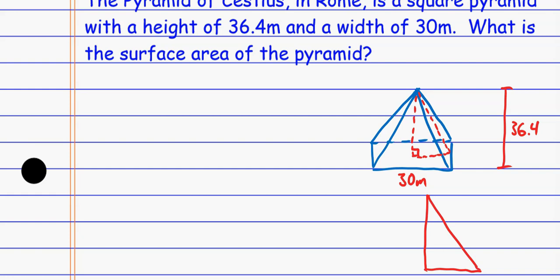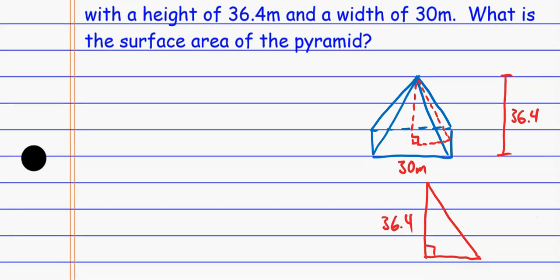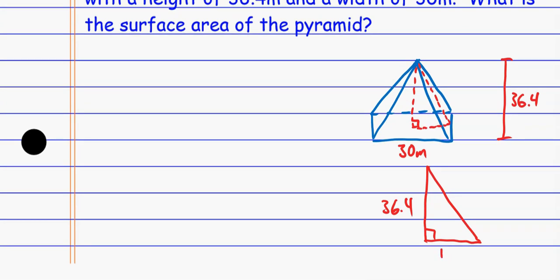Here's what it looks like. This is the 36.4. This bottom side is actually 15 because it's half the width of the pyramid, because that drops right down through the center. And so the actual slant height would just be this missing value in terms of my Pythagorean theorem. Using my Pythagorean theorem, the 36.4 squared, I'm just plugging it right into the calculator, plus 15 squared, gives me a